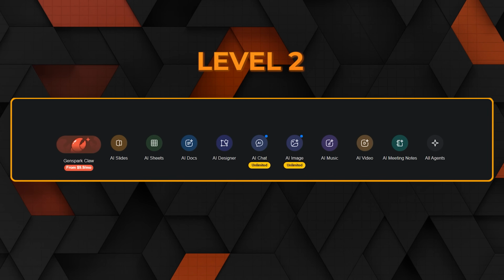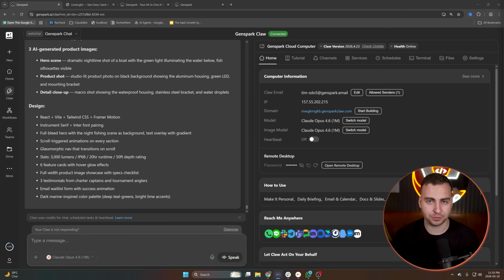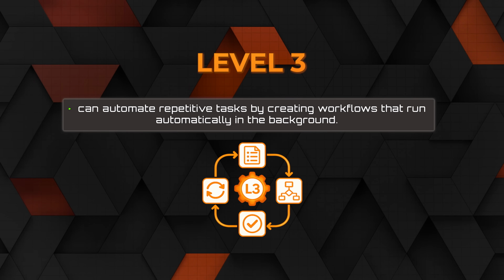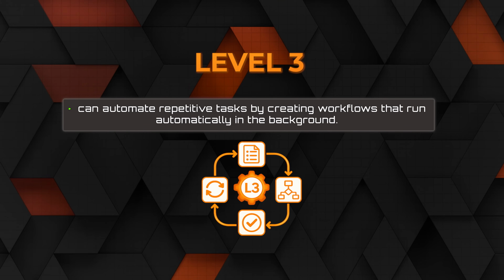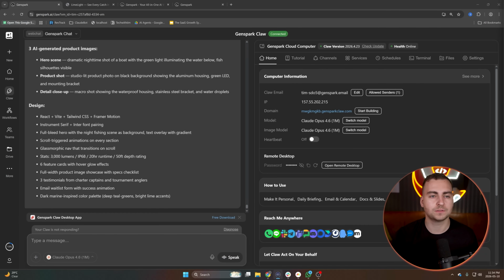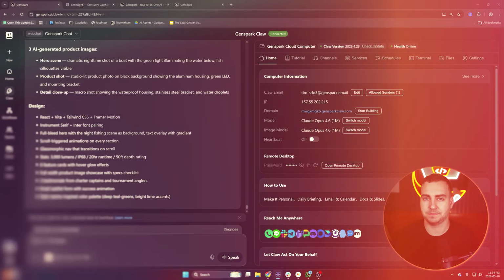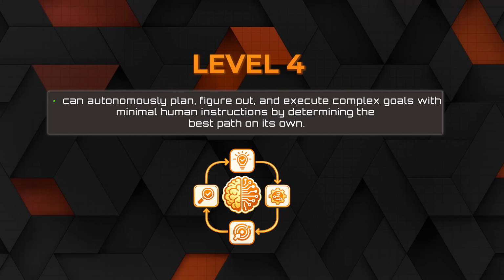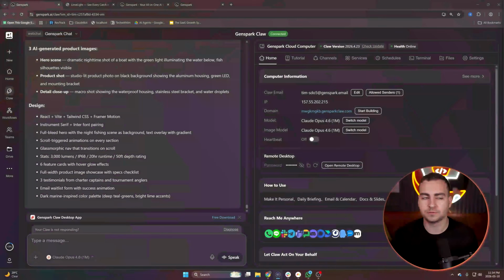You get the idea. Now, if you have a repetitive process, that's level 3. So build a workflow, set it up once, let it run, and if you're doing the same sequence of tasks more than twice, you should think about creating a workflow for it. Now, this honestly is where a lot of people are getting benefits of AI, is having these AI-based workflows to automate a ton of their tasks. Now, lastly, if you have a complex goal with unclear steps, that's level 4, right? Hand it to Claw, describe what done looks like, and let the agent figure out the path. Now, this is for those of you that have heard of Claw before, but maybe you haven't tried it out. You can do it really easily inside of Genspark.